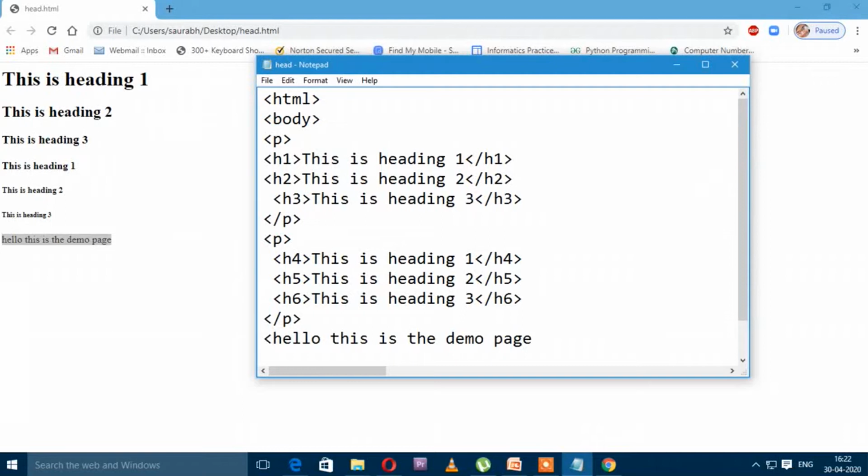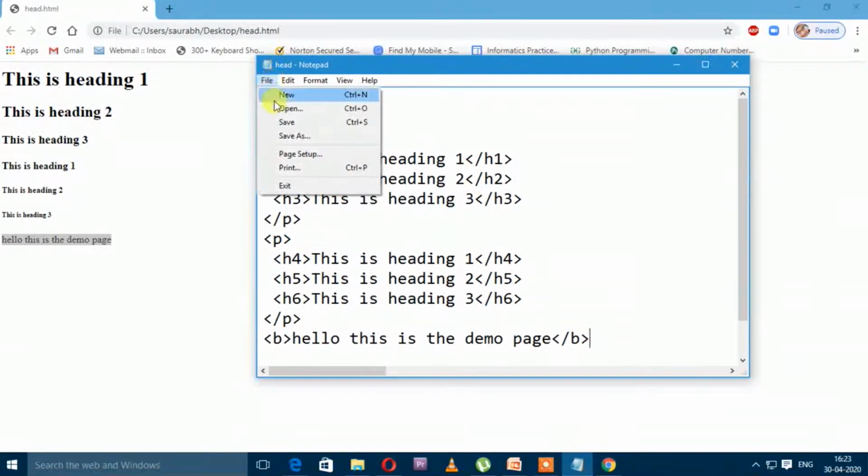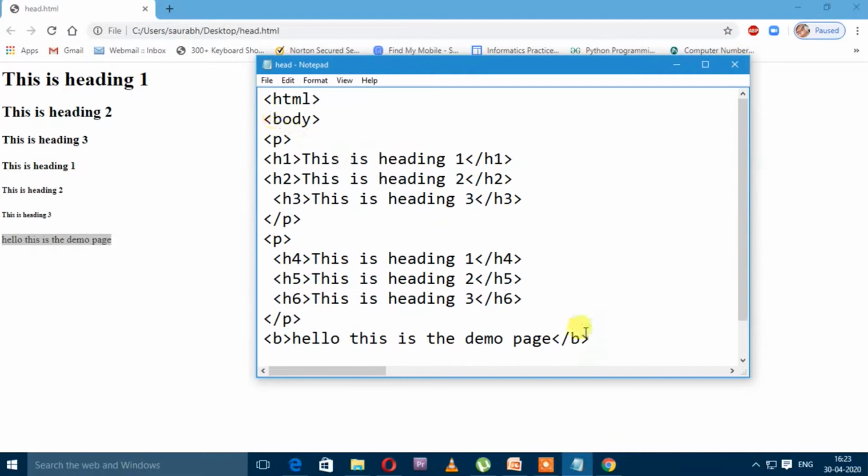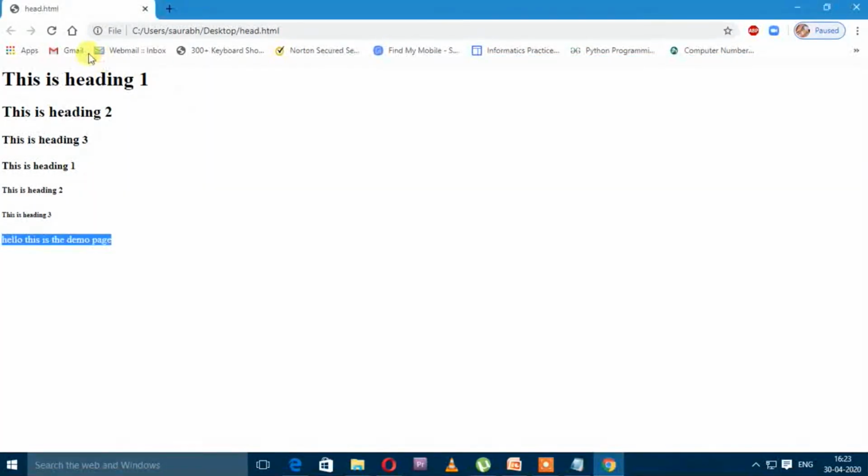B is the bold tag. Look here, as I am applying it, it is also a container tag, and again click on the file and save option. As I saved it, move to the browser and click on the refresh button. So look here, now the text is bolder than its original type.